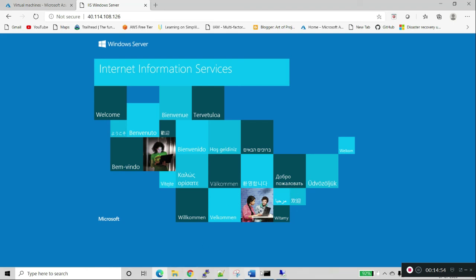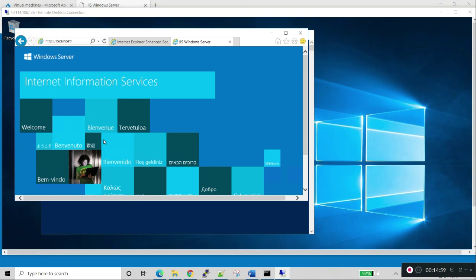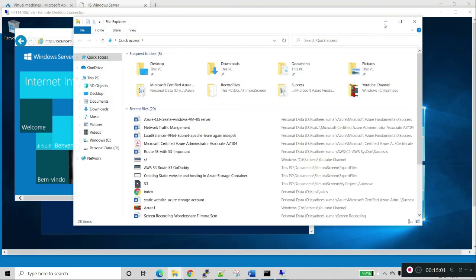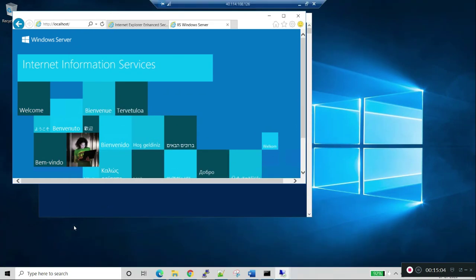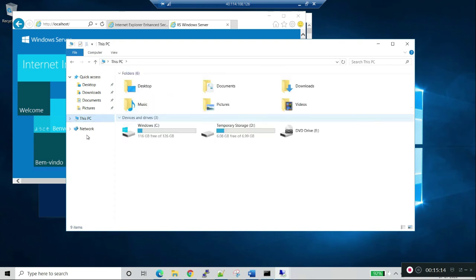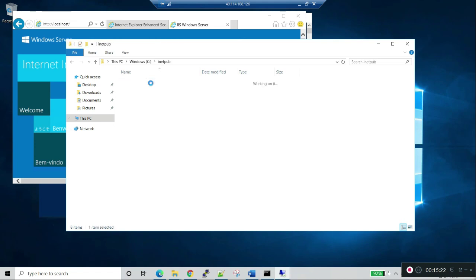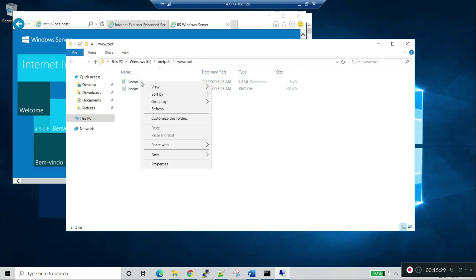What we will do is try to change the content in the index.html and see whether it's reflecting or not. There is a wwwroot folder, and here we have the HTML file.